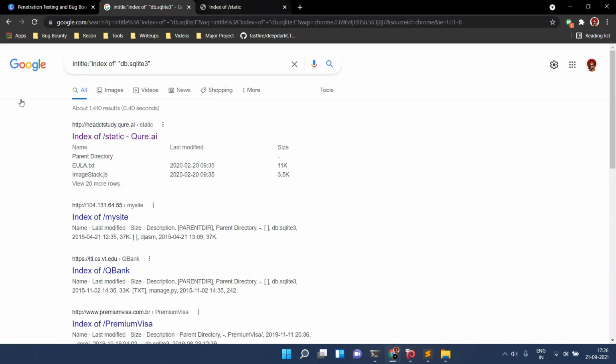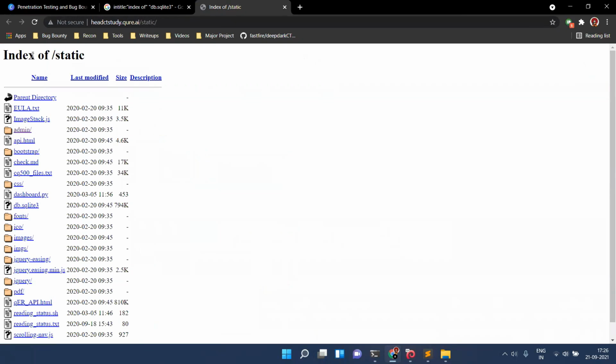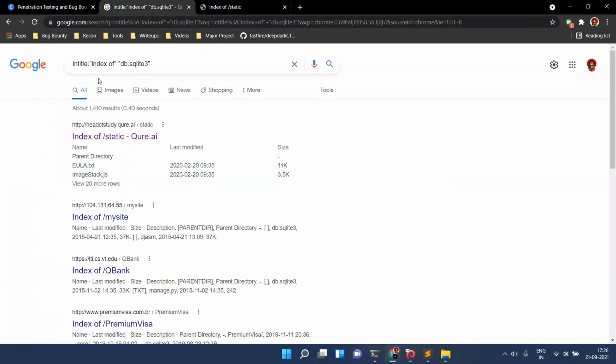Intitle means that the index of text should be present in the title, which is whatever you see on that tab. That is what we mean by intitle. Another thing that should be present is db.sqlite3. For those who do not know what this means, SQLite is software in which you can store your database.